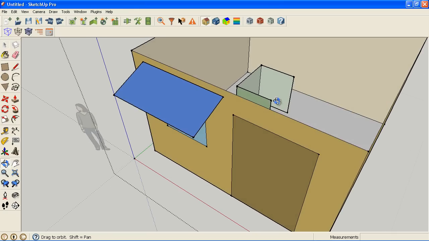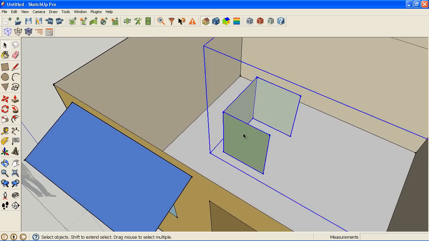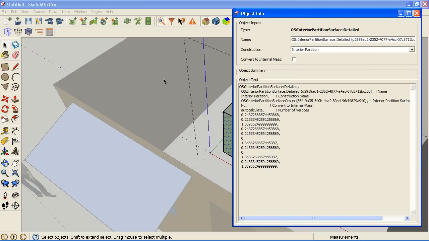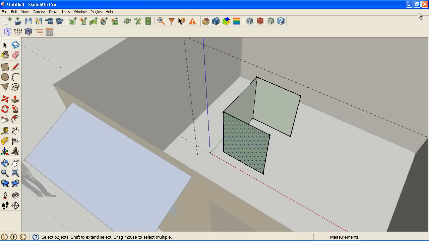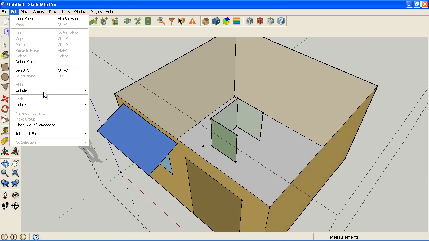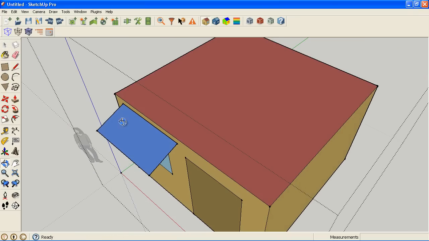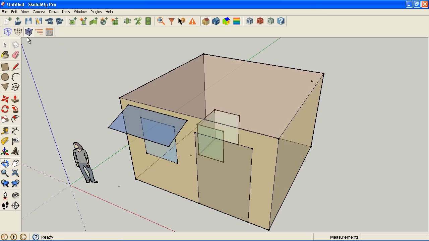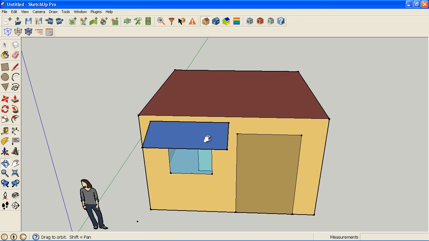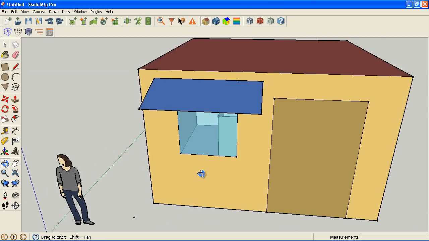And those have a different color, but still they have an inside and an outside, and they have constructions associated with them, just like everything else. But you'll notice a lot of the attributes that a heat transfer surface had, this does not. It has a different use, and we'll get into that later. Okay, so now that I have that, I'm going to unhide my roof, and I can switch to a render mode here where you can see inside. So that's what the X-ray would be used for. You can see through the windows.